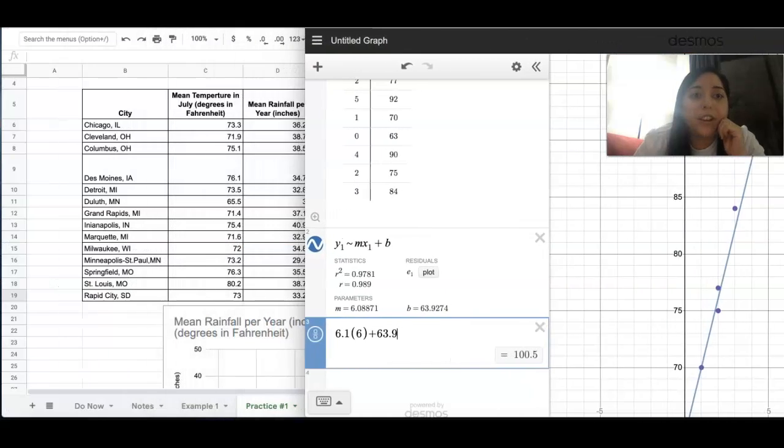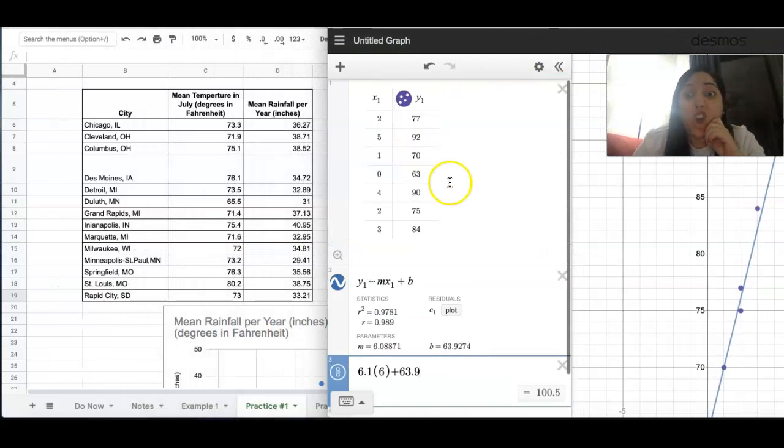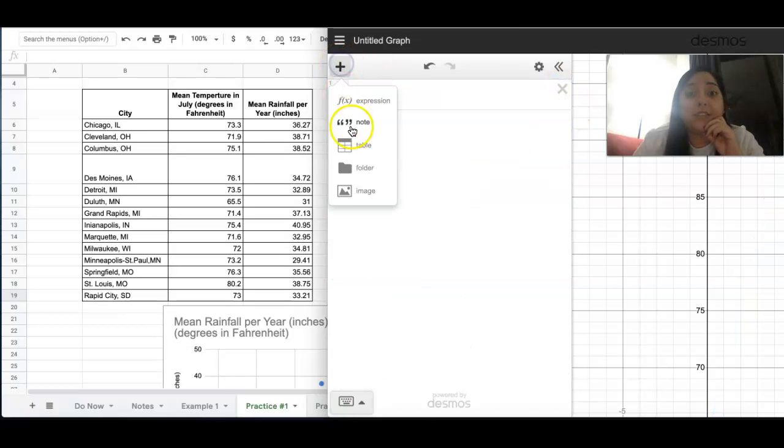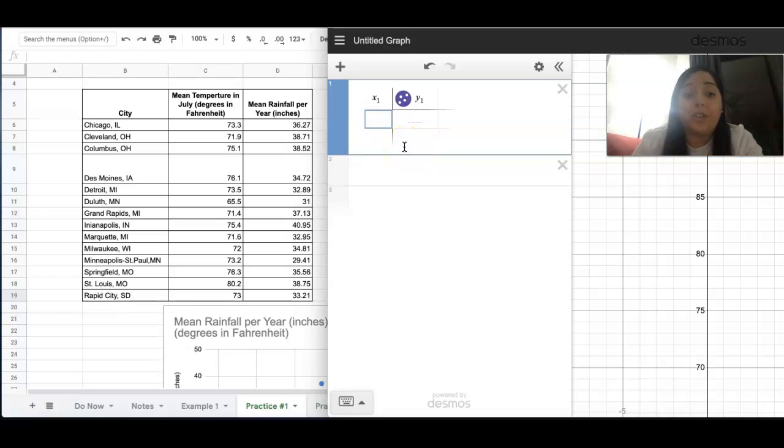We're going to have to do this all by hand. This is normal, so don't freak out if you have to do this a couple of times. I'm going to be doing this with you, so type as I'm going. X1 is July, and then the rainfall will be Y. So 73.3, then 36.27,